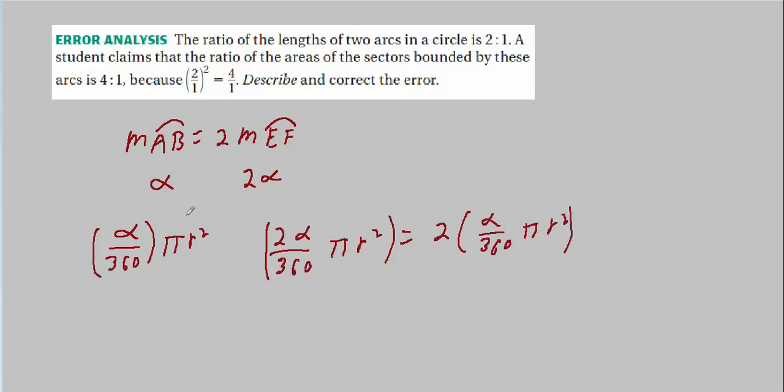Well, if I take, let's say, the area formed by a sector with central angle alpha divided by the area formed by central angle 2 alpha, that'll be this over this. And all this stuff is the same. This is exactly the same as this, alpha over 360 pi r squared. But there's a 2 out in front. So this whole thing is just 1 over 2. Or if you do it the other way, A sub 2 alpha over A, well, that would be 2.